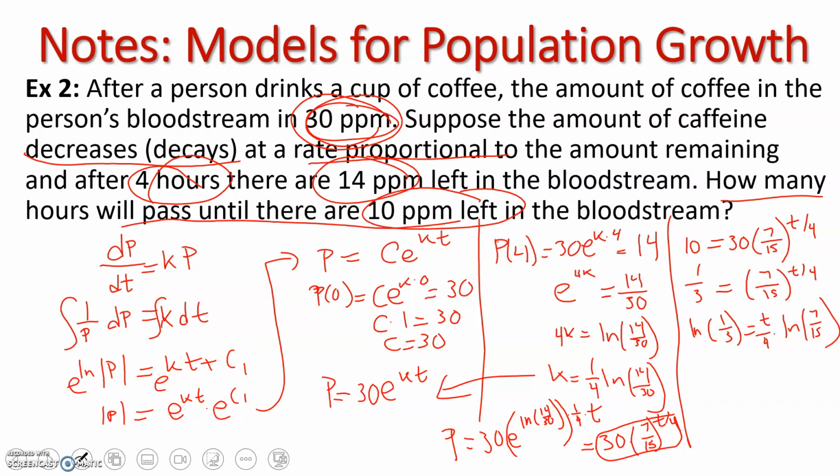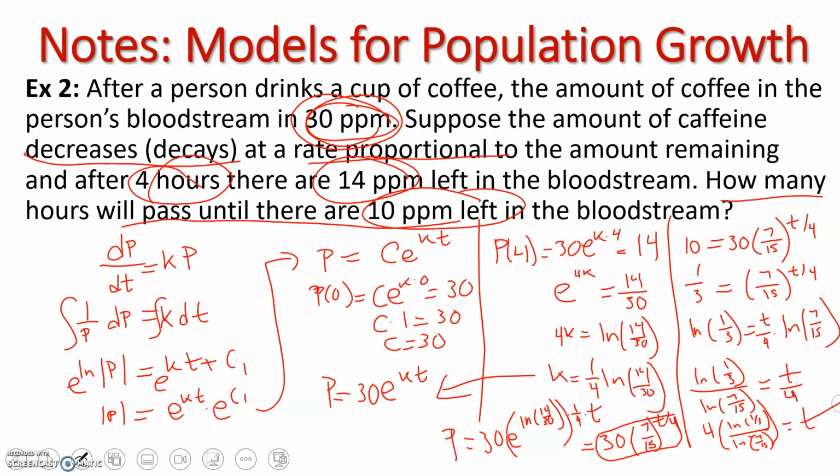Divide by that on both sides. So ln of 1/3 divided by ln of 7/15 equals t over 4. And then multiply by 4 on both sides. So 4 times ln of 1/3 over ln of 7/15